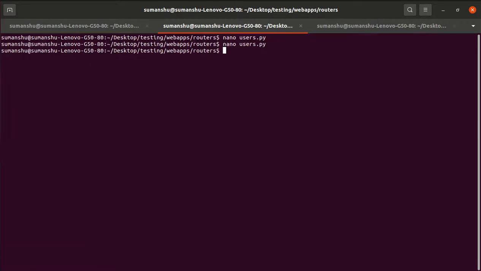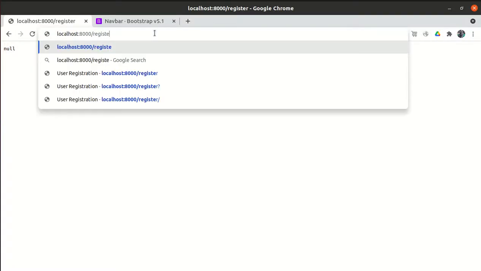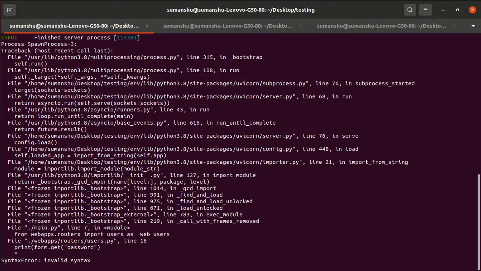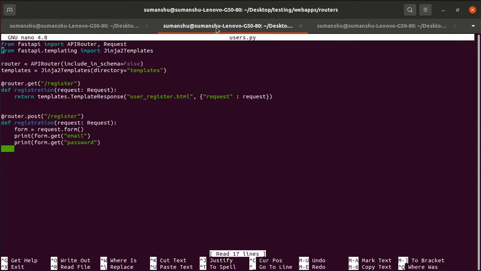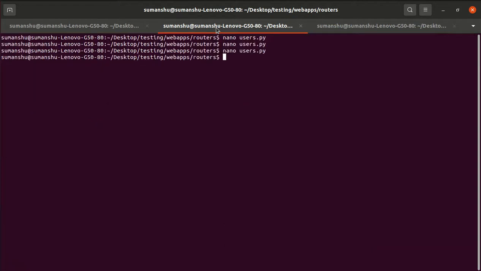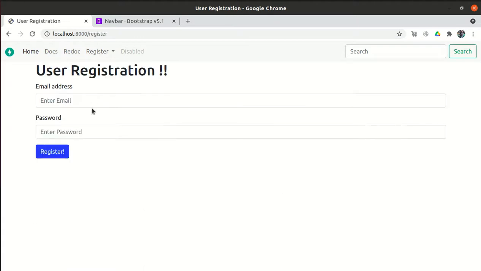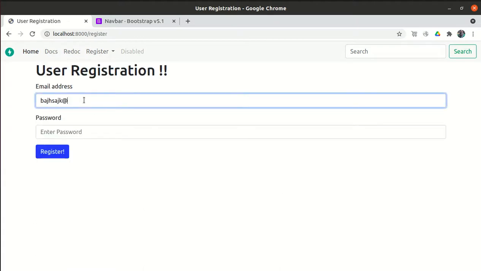Let me save it, because first our process is whether we get the details from the front end, then everything is very easy for us. Okay, some syntax error, one bracket was missing, and yeah, if I click on the register and enter some dummy details